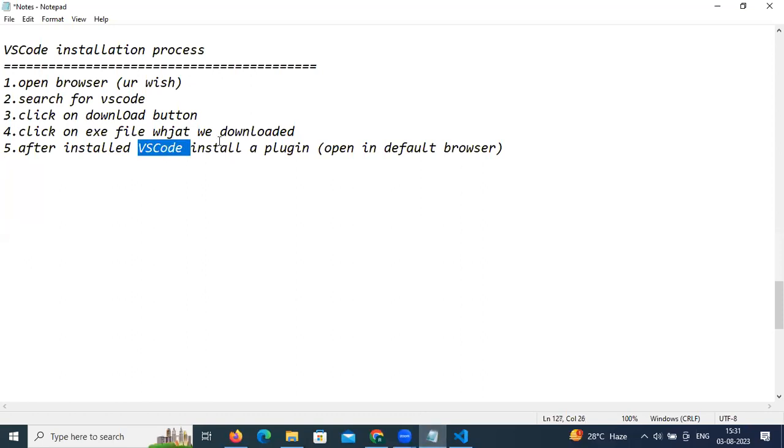After installing Visual Studio Code, install a plugin, open in default browser. One more point. One more plugin we want to go for. After installed,